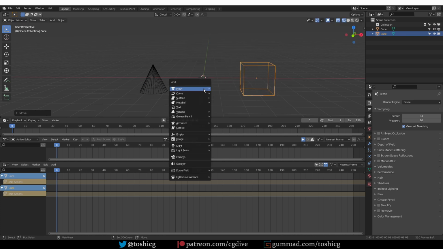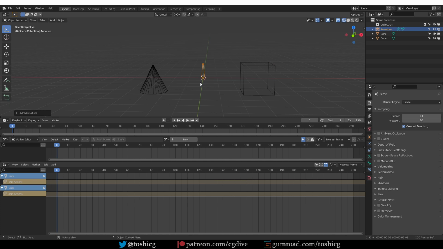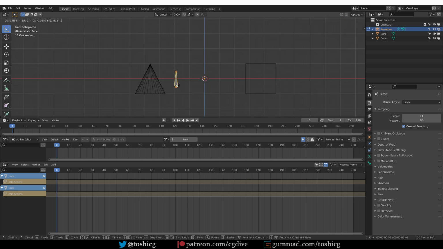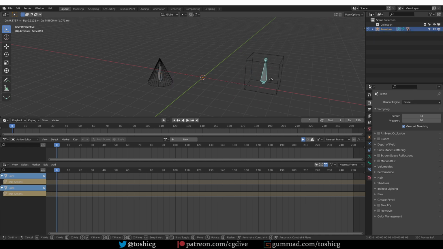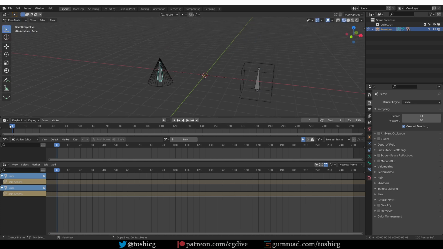Now if I just create an armature and place a bone at each of the objects and then parent both objects to the armature with automatic weights, then the armature will start controlling these objects. Now I can animate the bones in pose mode. I'm going to just set a keyframe for both bones